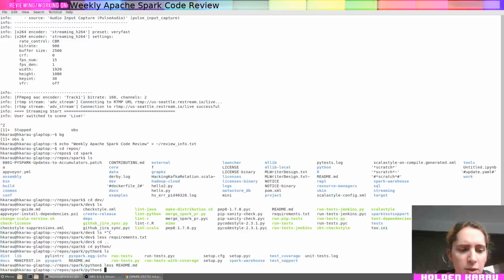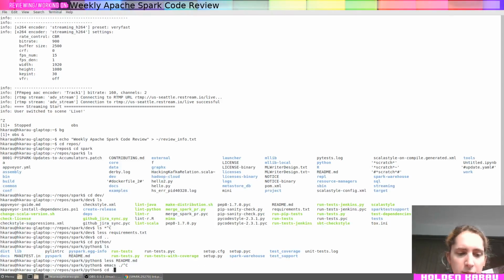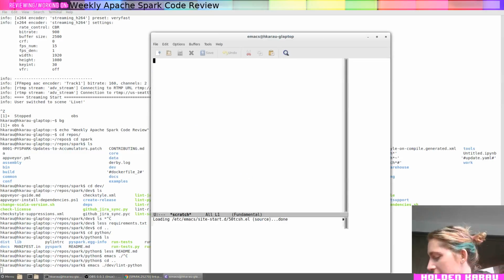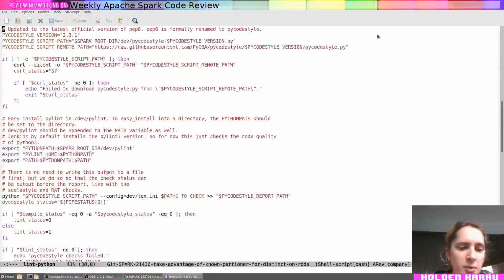Let's go take a look at dev lint Python, because I had to reboot because of that webcam issue and my Emacs session went away.